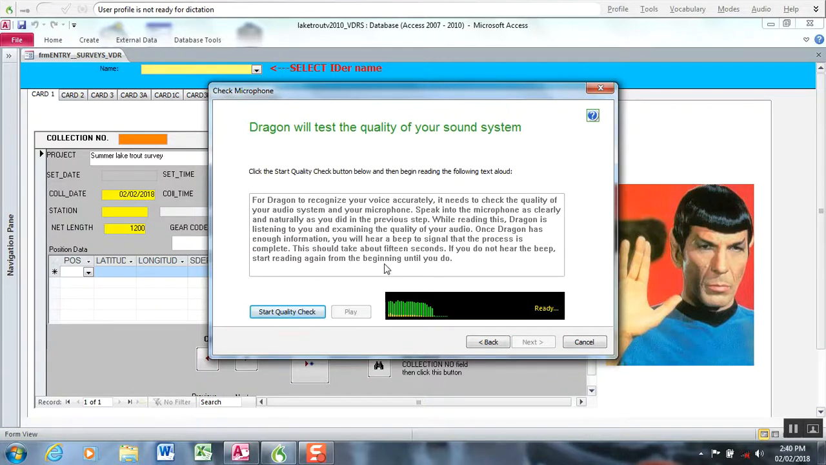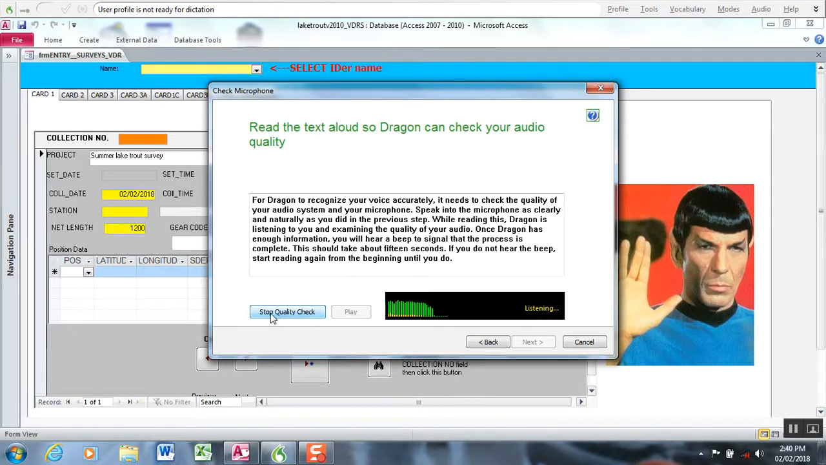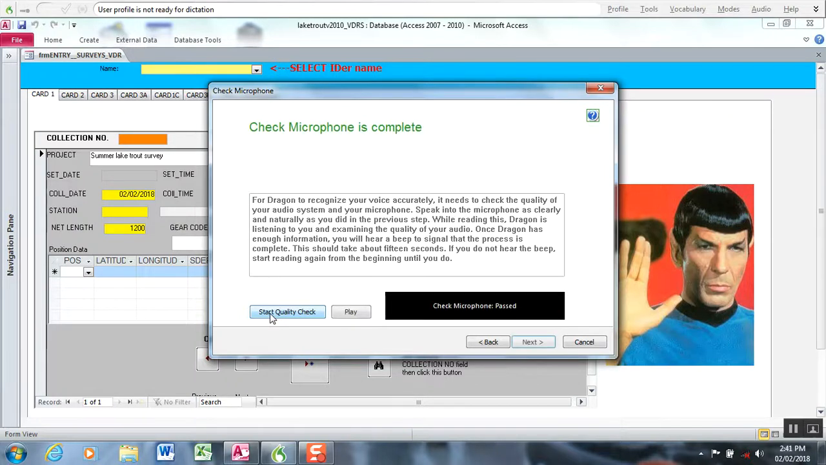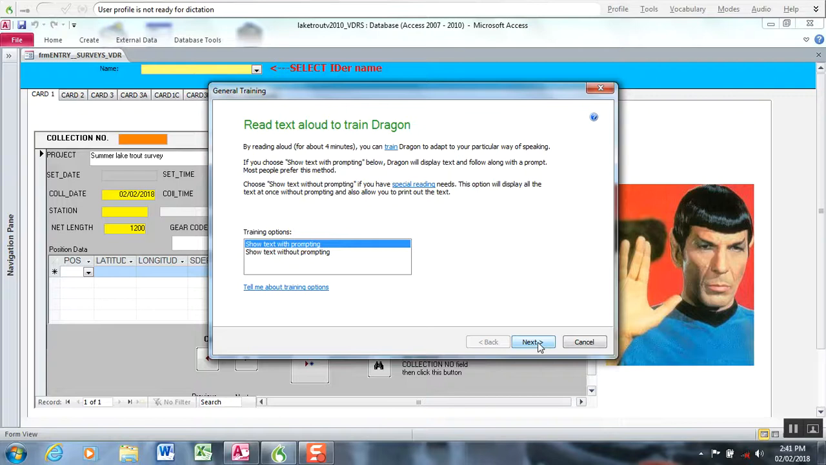Next, it'll do a quality control check. For Dragon to recognize your voice accurately, it needs to check the quality of your audio system and your microphone. Speak into the microphone as clearly and naturally as you did in the previous step. While reading this, Dragon is listening to you and examining the quality of your audio. Once Dragon has enough information, you will hear a beep to signal. So it's finished the quality, and